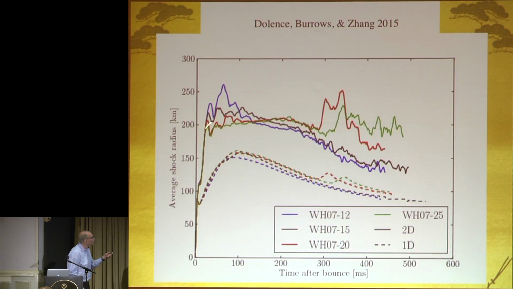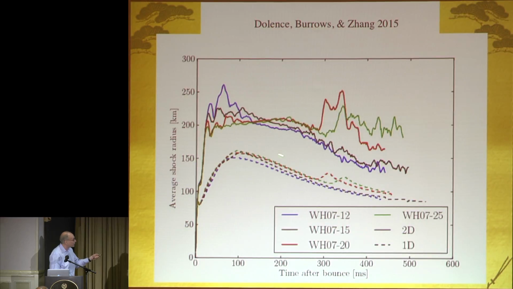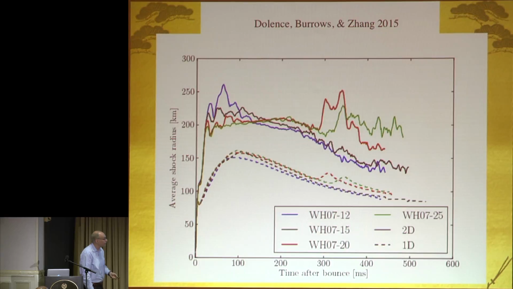This is the multi-D, 1D comparison I just wanted to show. These are a variety of progenitors. In 1D, this is the shock radius, 100 kilometers, 200 kilometers, 300 kilometers, and you see it goes up to this radius here. This is a non-relativistic calculation, by the way. And then it just sort of settles down. When you do multi-D and you have various perturbations, you always get to much larger radii, generally about 50-kilometer differences. And that makes a difference in this context because it's shallower in the potential well.